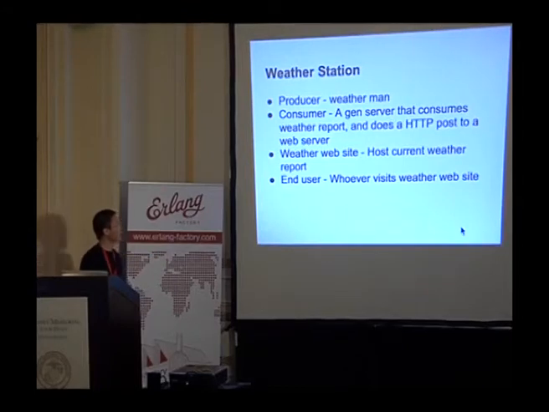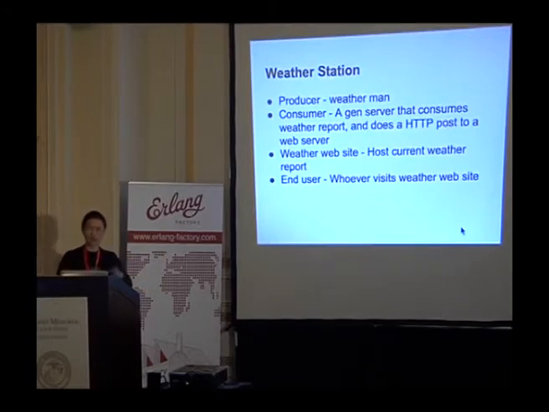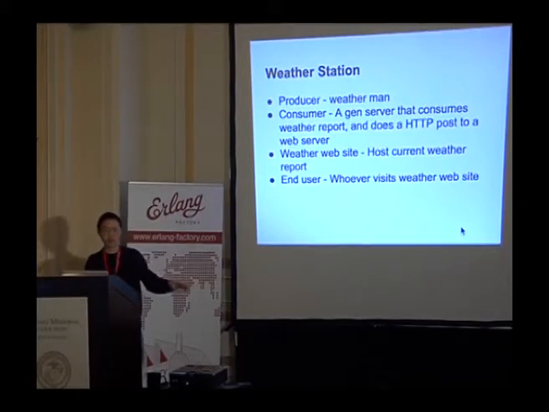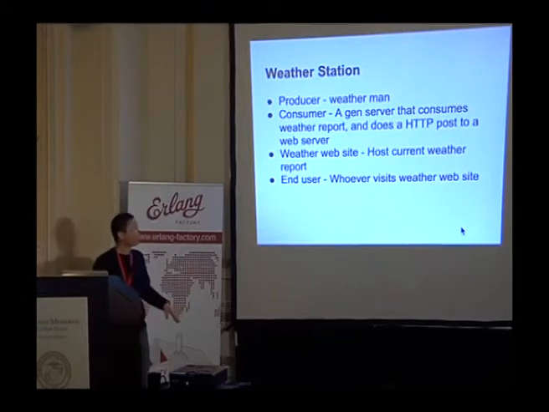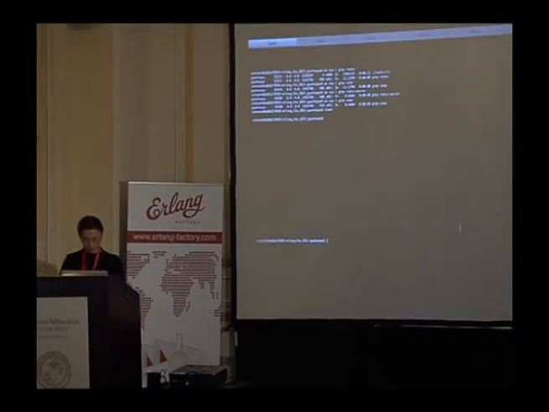And the consumer is basically a join server that consumes this report and posts it to another weather station. That's a simple web server I set up. The website simply hosts the current weather report. And since this is a report from Guanhua, people have really high interest in that, so we got a big screen in Times Square to show the results. But the weatherman has a very unreliable delivery system. So first, what I want to do is set up the